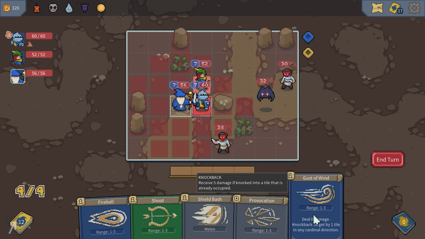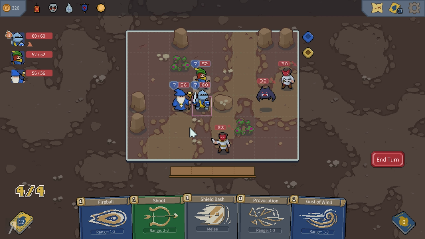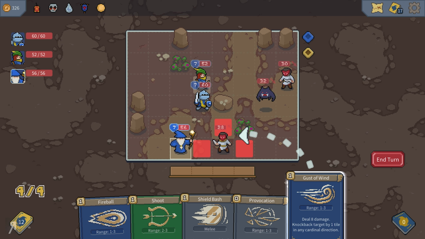Okay. Anyway, gust of wind. Absolutely perfect. What I'd like to do is poison this guy almost immediately. So I'm going to try moving the wizard down, moving this, using that. Oh, I can't push him into that. Oh, sad. Okay, well, what about...